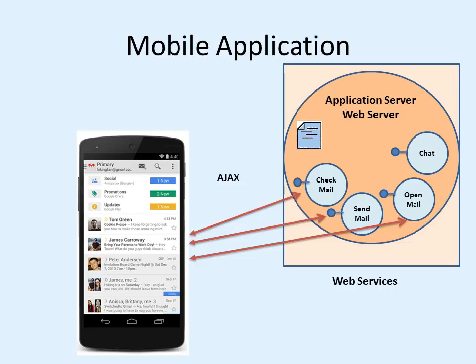Just a user interface can be developed for any mobile phone, but every mobile phone application will call the same set of functions on Google's website, or Gmail's website, and the Gmail server has this set of functions. So it means these functions can be called from the browser, or from the mobile phone. And this is how our mobile apps work. They get the data from the